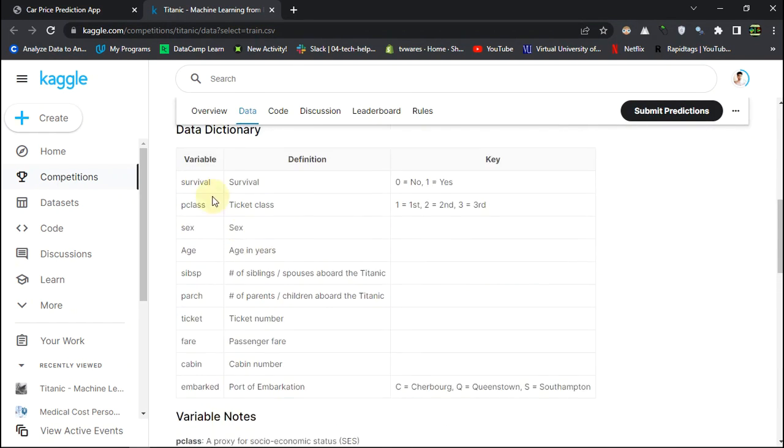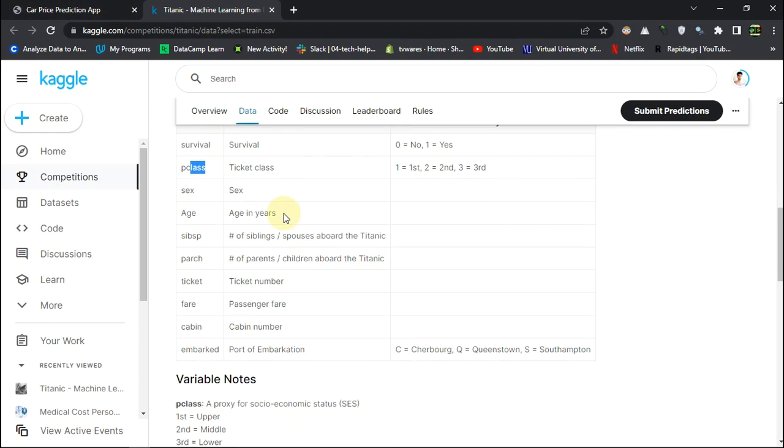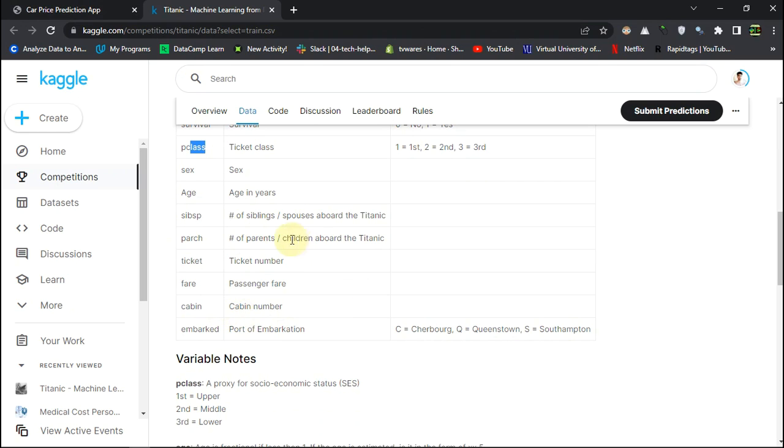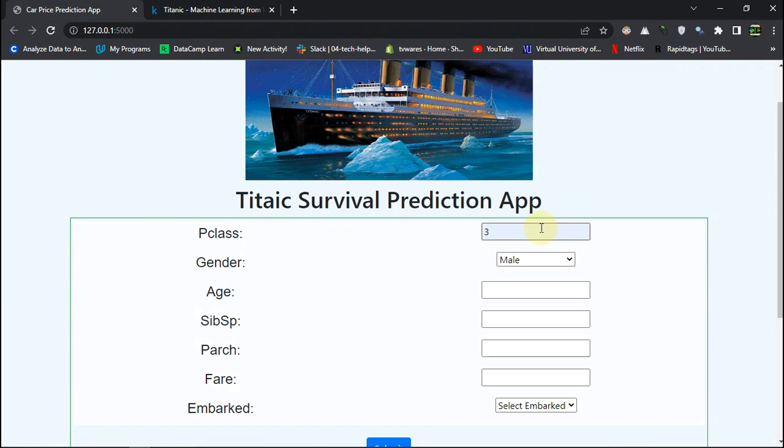So this is the dictionary, or the metadata about the data. This Pclass is ticket class and things like that, right? Parch is children about the Titanic, and these are all the parameters, right? Let's just quickly